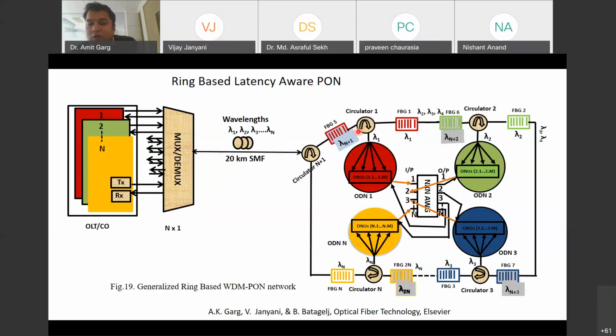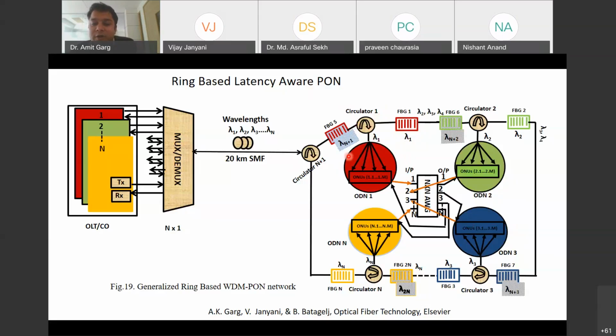Okay, so we'll see how this multiplexing is happening in the upstream direction. So basically for the downstream direction, demultiplexing is happening. So now this lambda 1 will be shared by the m number of users that are located.